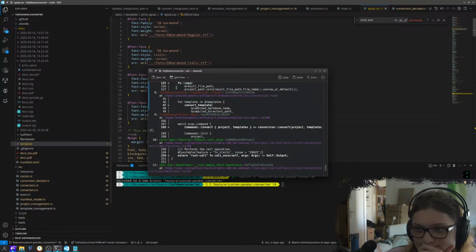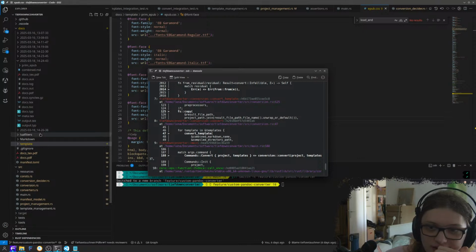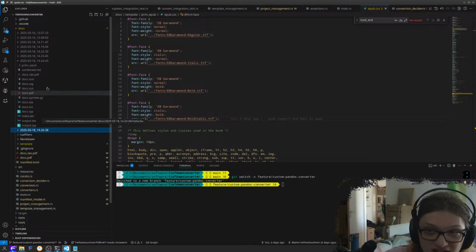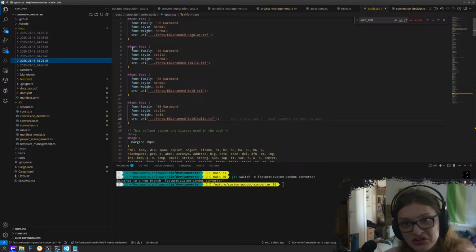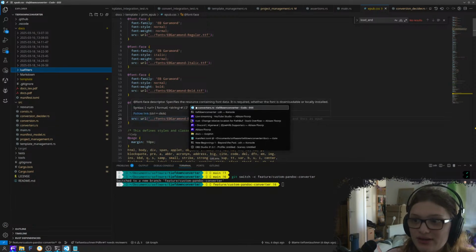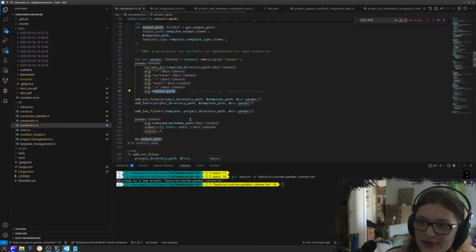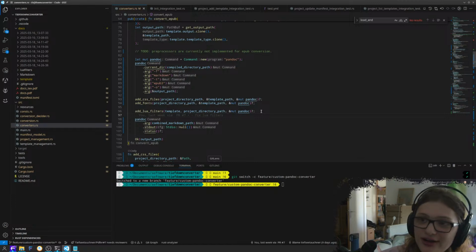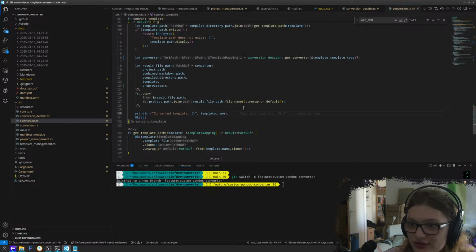Okay. It isn't at least putting it in the finished directory, but it's not putting it here either. So that's not nice. Not nice at all. Just tell me the paths. Can I debug in Visual Studio Code? I don't know how. Yes, I know it would be far easier to just